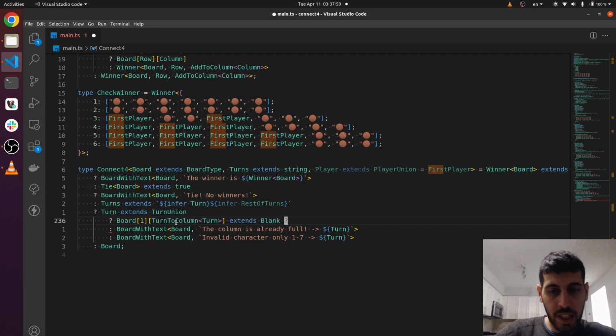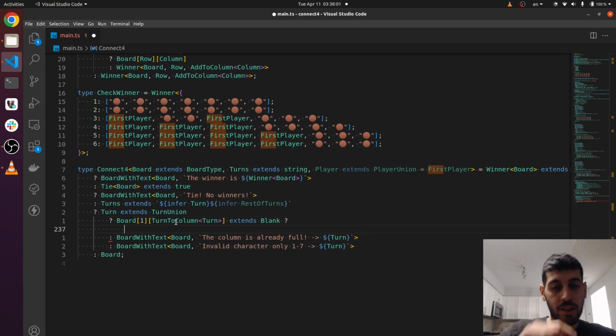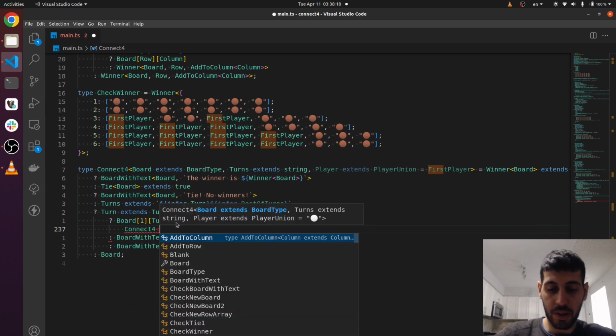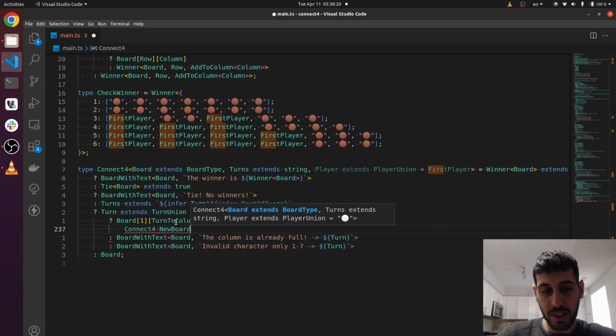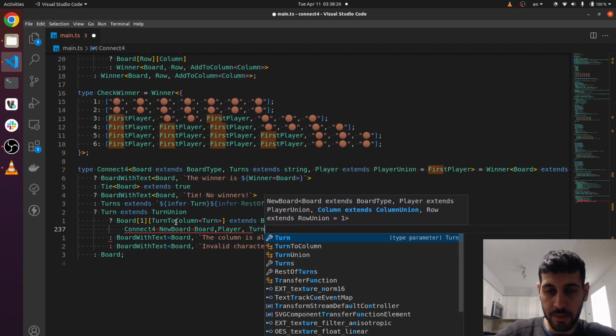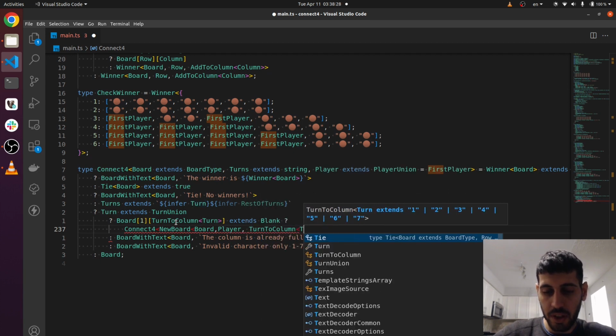Okay, and now if it extends blank, and I've checked for everything, now I need to call connect4 with the new board for the board and the player and the turn to column turn,